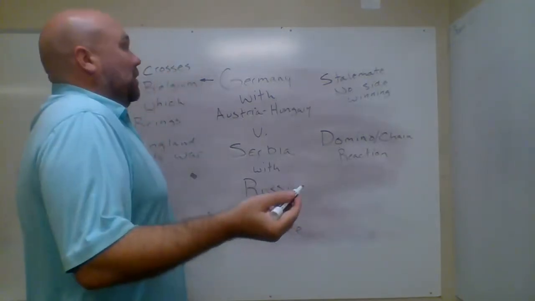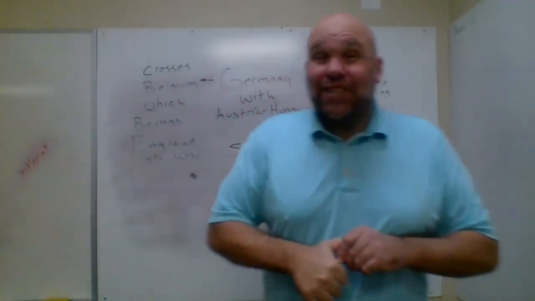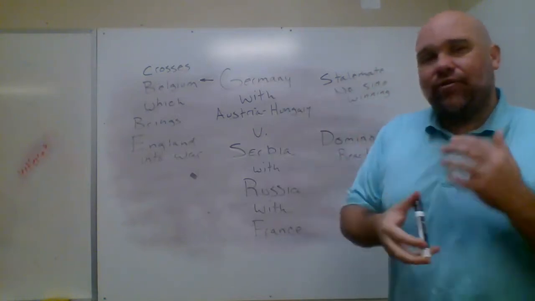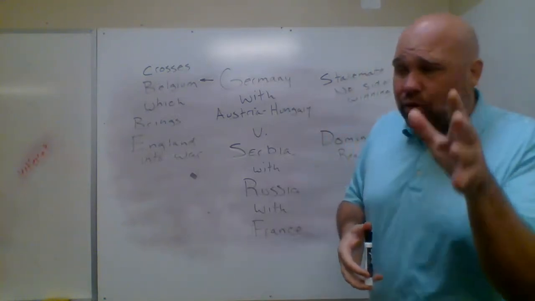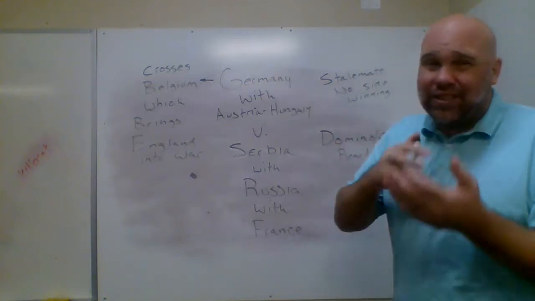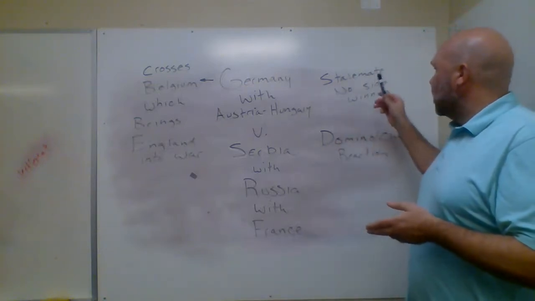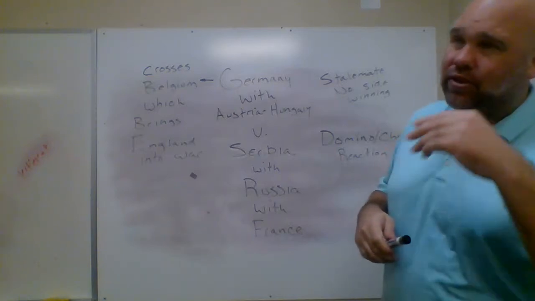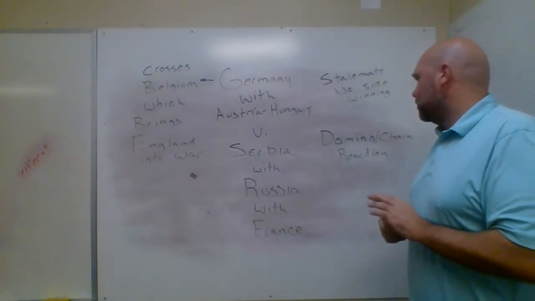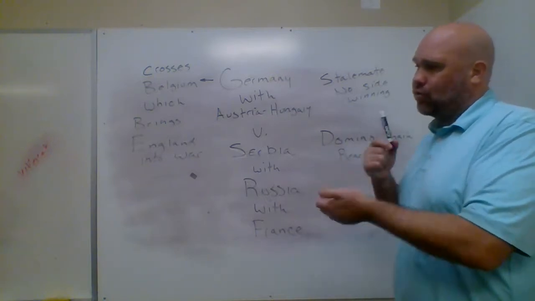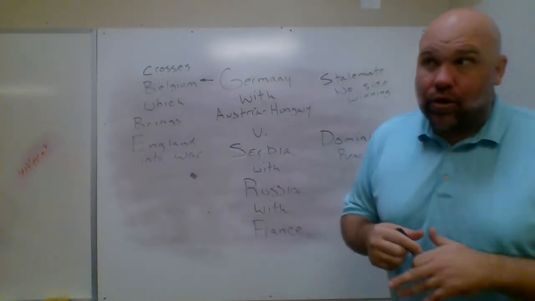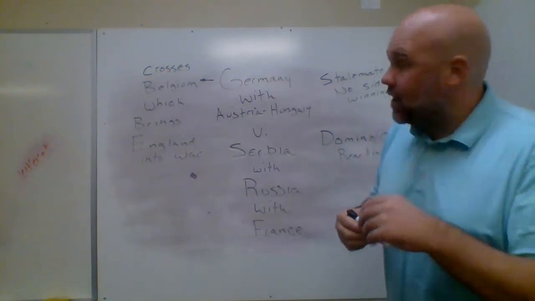Well, oddly enough, industrialization. Industrialization makes this war a stalemate. We'll get into the fighting. I'll give you a brief idea right now, but we start to see new things being created, new weapons. Just like in the Civil War, we had those shells and things like that, repeat action rifles. This time we're going to start to see machine guns, and we're going to start to see the invention of tanks and things like that.